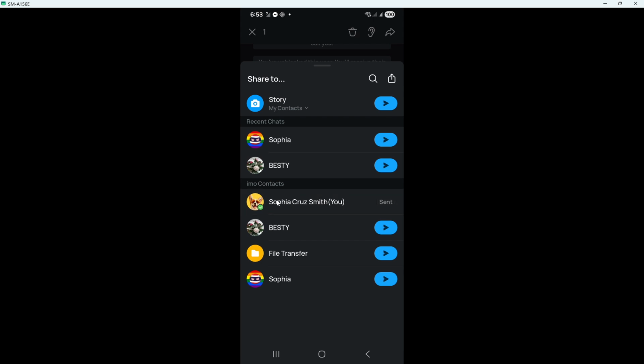Finally, find the audio file. Depending on your device and version of the app, this may mean tapping the message, checking the available options, or locating where the forwarded media is stored on your phone. If needed, give the app a few seconds to process the file. Once you've found it, you'll have easier access to that voice message for listening or managing later. And that's it. That's how to download an emo voice message quickly and easily.